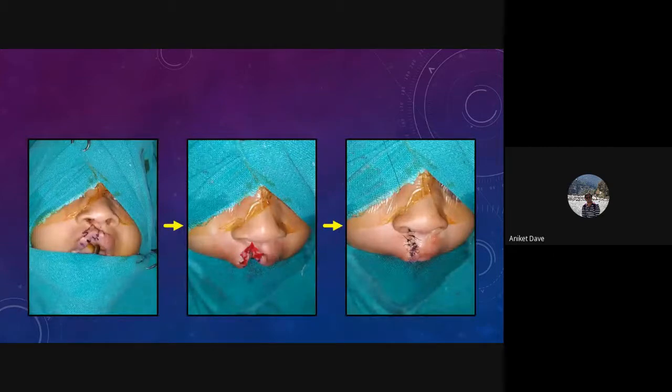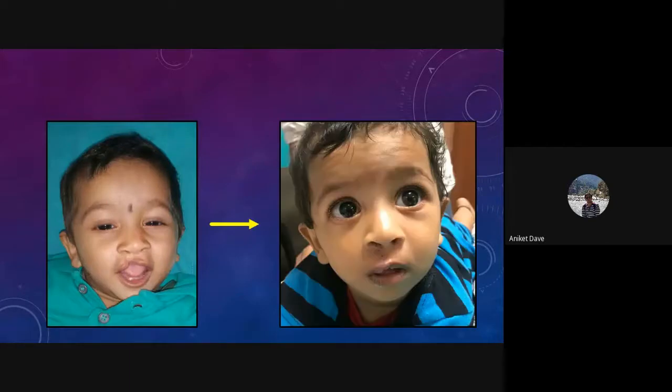These images show a surgery on such a child. As you can see, the complete cleft has been recreated right up to the sill of the nose and down to the vermilion, and has been repaired by the Tennison-Randall technique. And these are the kind of results that we can obtain with this properly performed surgery. As you can see, the lip has been lengthened adequately, the nasal deformity has been decreased, and there's a good alignment of all the anatomical landmarks.